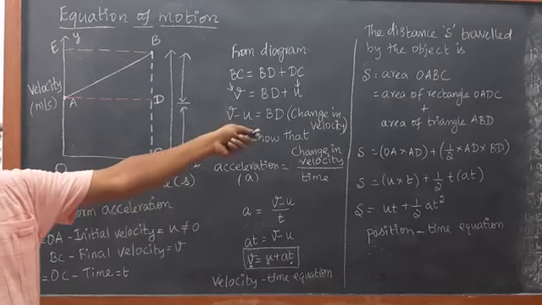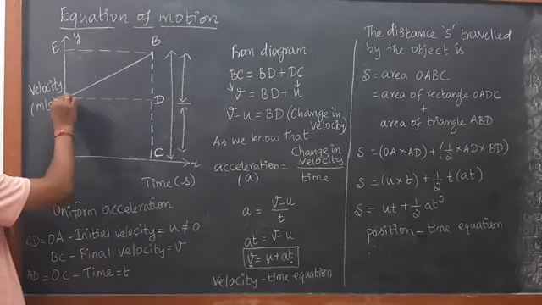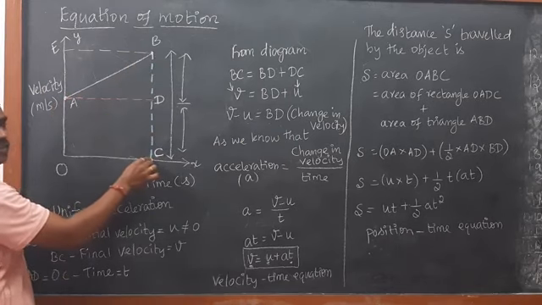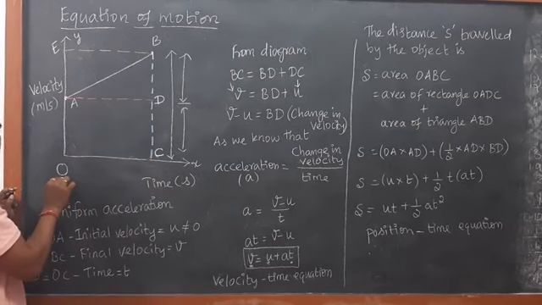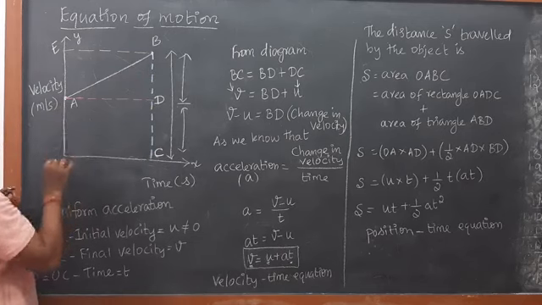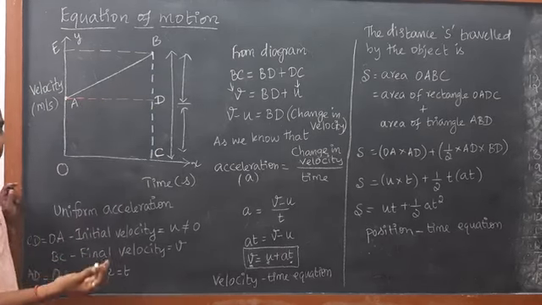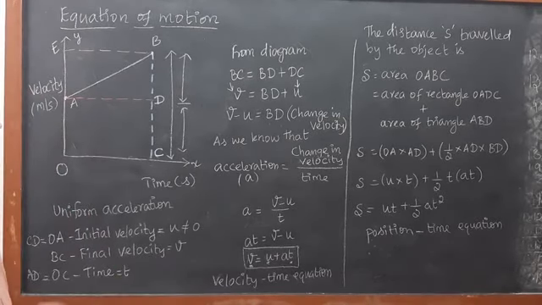The distance traveled by an object is, where the distance is here, right? Here we have drawn one perpendicular line which meets the x-axis, and we have the origin point. So how does this shape look? A, B, C, O, A. What is the shape of this one? Trapezium almost, right? So for that, what are you going to do?